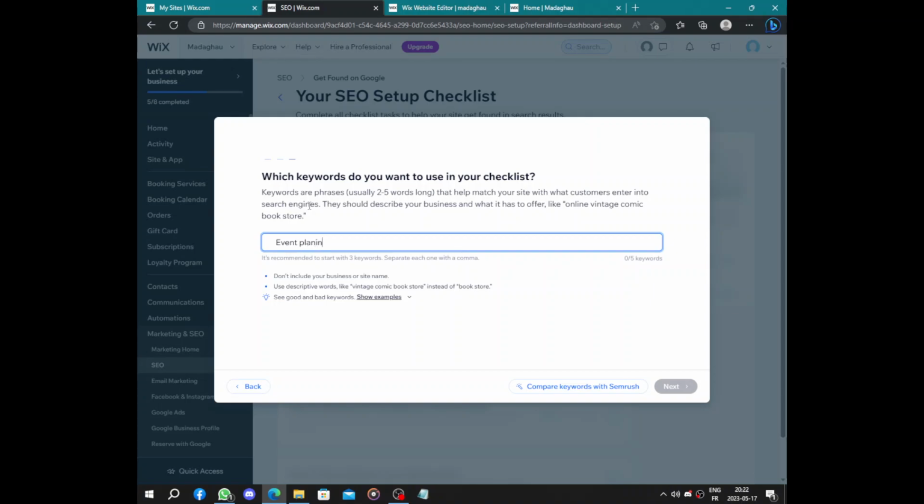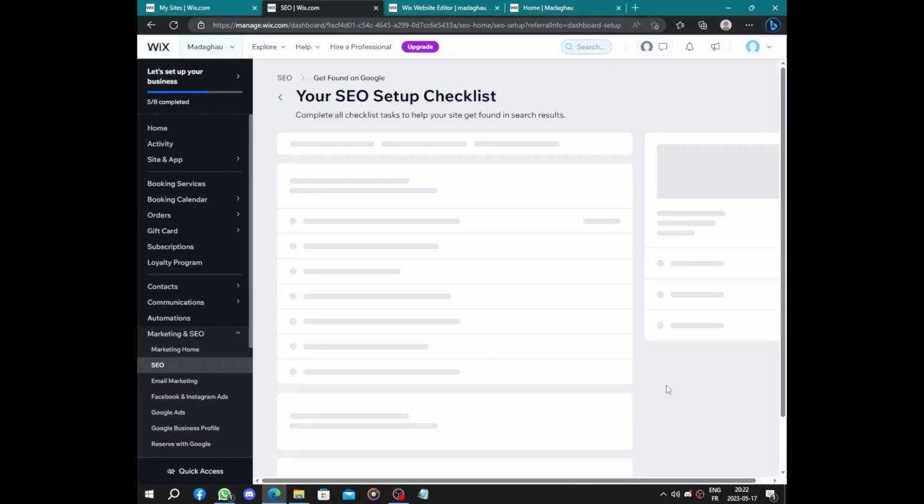Let's say event planning, event management. Sorry if I misspelled anything. I'm just writing as fast as I can. Don't worry about this. Just make sure you choose the right words. We have party events, something like this. Click enter. Next,